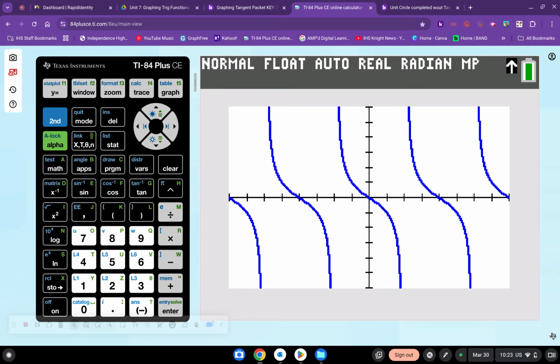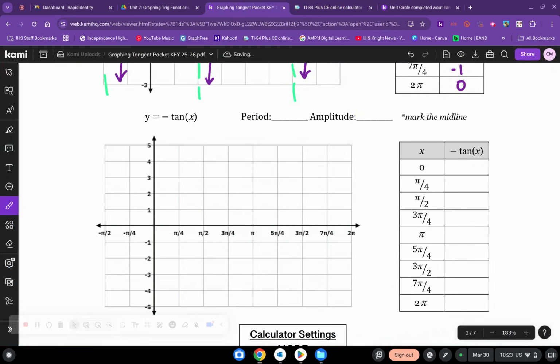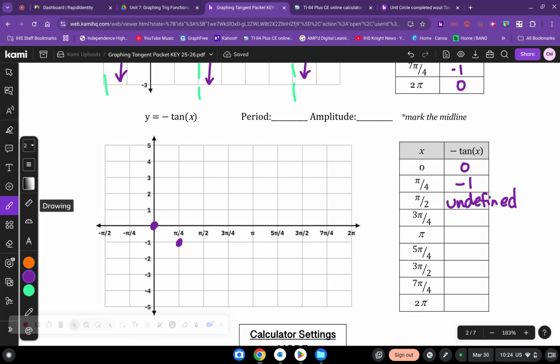So I can take a look at my table, and when I go to fill in, I'm at 0, -1, so still the same exact points, right? The same exact points that I had